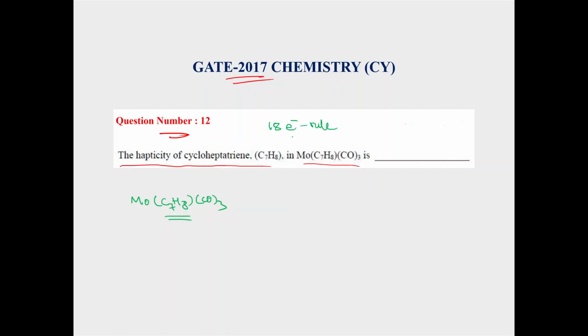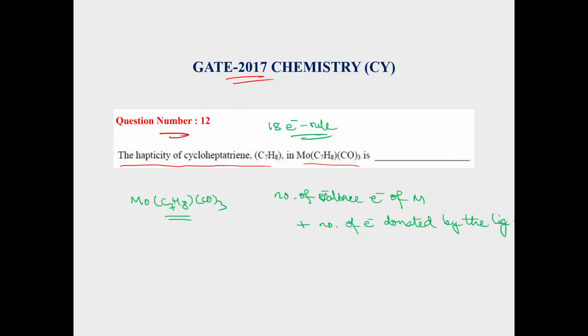As we all know by this time, if the complex is having 18 electrons, then it is the most stable one. Okay. So for calculating that, we take the number of valence electrons of the metal plus the number of electrons donated by the